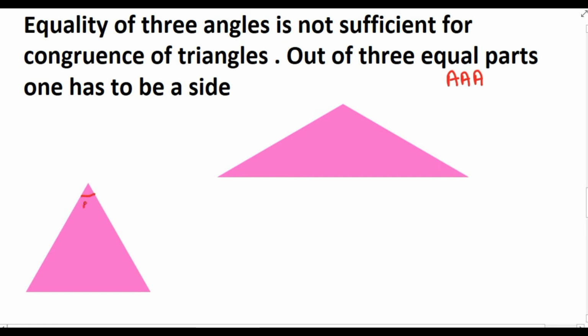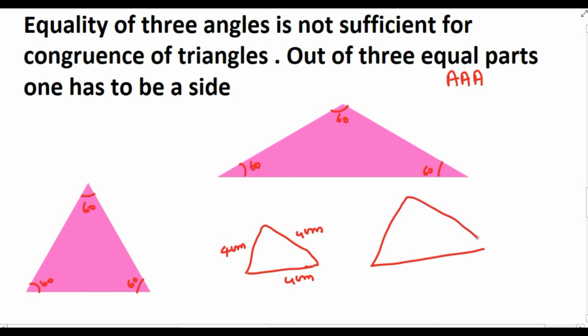triangles, say the angles are equal 60 degree. We know that for equilateral triangle all the angles will be equal even though the sides are different. You can see these two triangles are not congruent. So if I am drawing two equilateral triangle, one is of 4 centimeter and another is of 7 centimeter. You can say these two are not congruent, but their angles are equal.